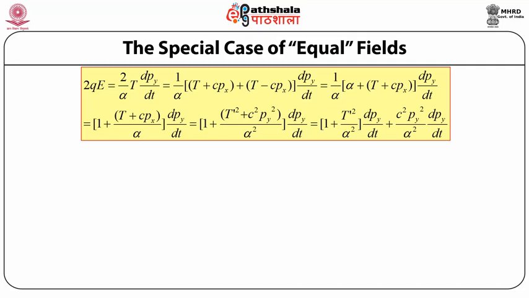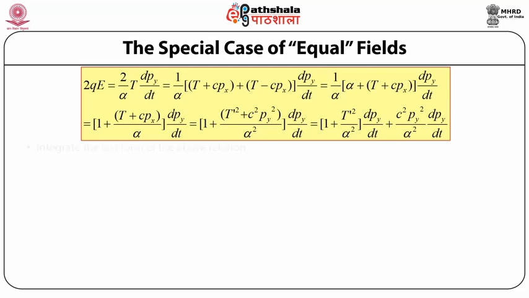by dt equals 1 by alpha bracket alpha plus t plus cpx bracket close dpy by dt equals bracket 1 plus t plus cpx by alpha bracket close dpy by dt equals bracket 1 plus t dash square plus c square py square by alpha square bracket close into dpy by dt equals bracket 1 plus t dash square by alpha square bracket close dpy by dt plus c square py square by alpha square dpy